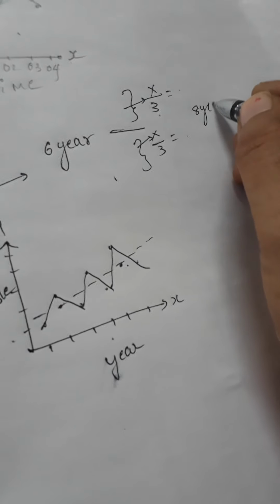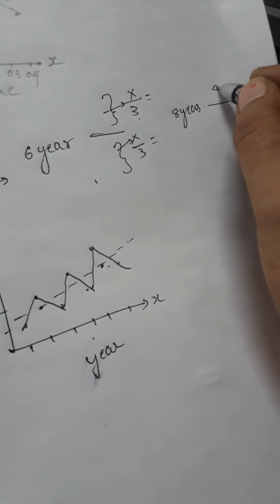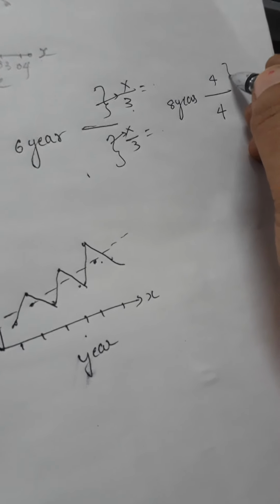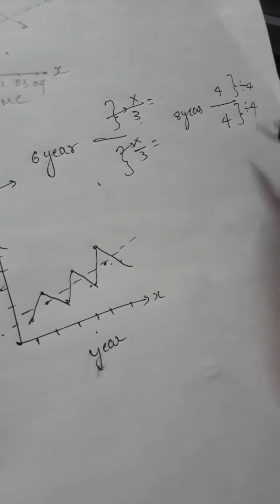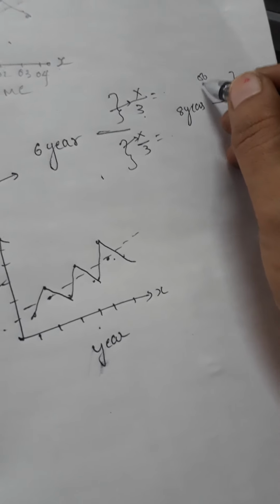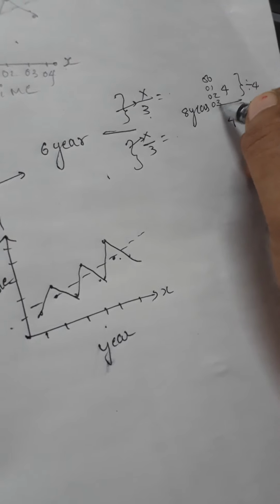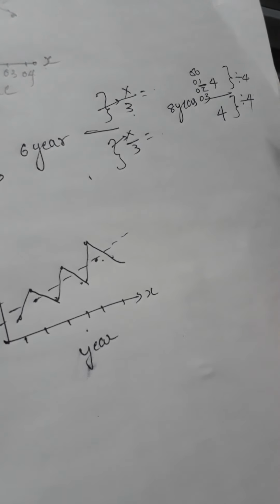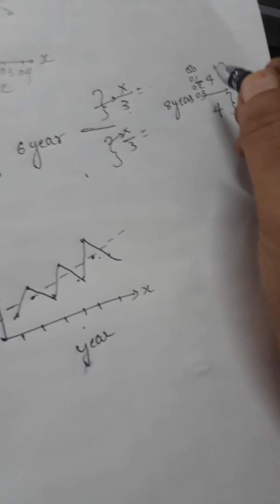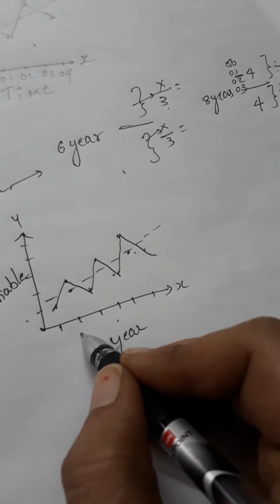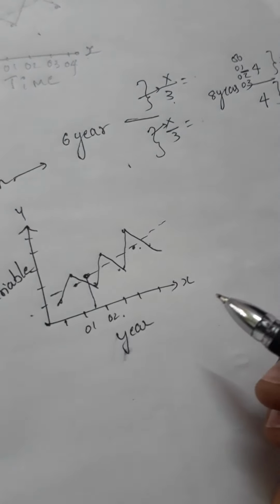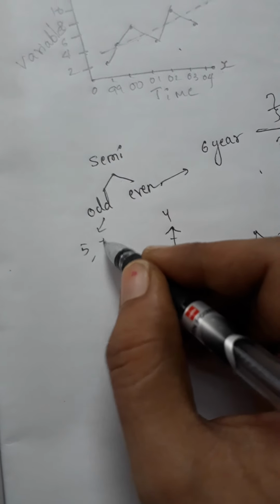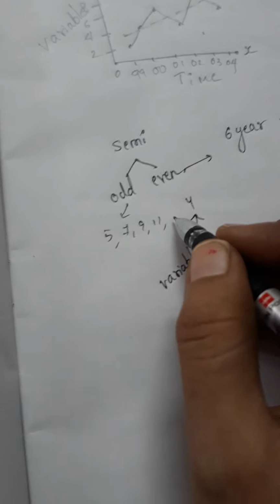If it is 8 years, divide the years into 4 and 4. Add this 4-year detail and this 4-year detail, each divided by 4. Then where should you mark? For example, 2000, 2001, 2002, 2003: in the middle of 2001 and 2002 you are supposed to plot the values. For example, it is 2001, it is 2002, so in the middle of these years you mark the value. Then if it is an odd number of years, 5 years, 7 years, 9 years, 11 years, this is called odd years.